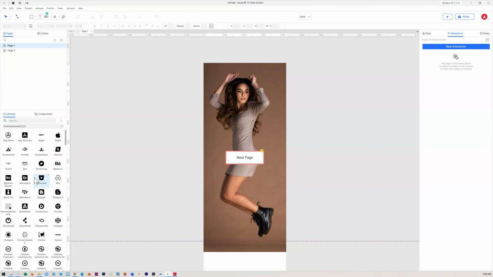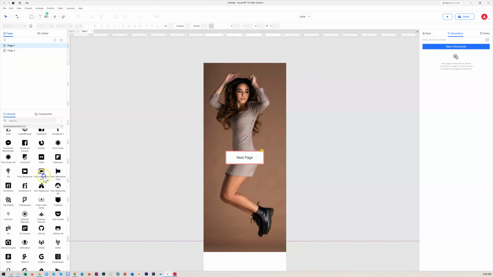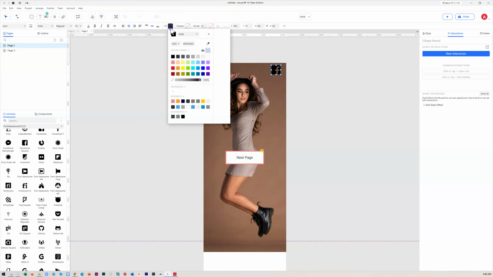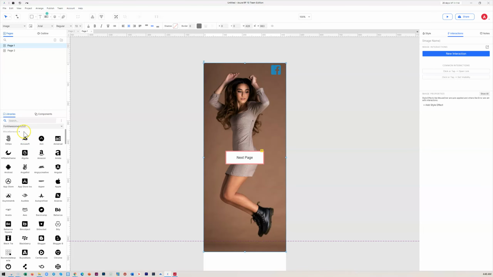So if I take any icon from here, let's say Facebook, let's take this for example. And I know that Facebook mostly the color is blue, so I'll just put it here, and then maybe if I want to change this. Okay, so now because this side is white,